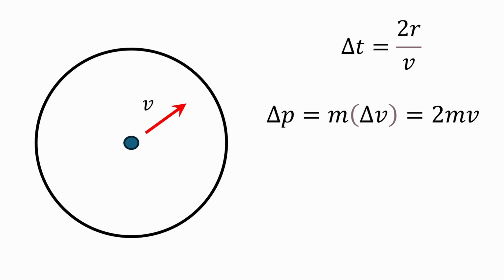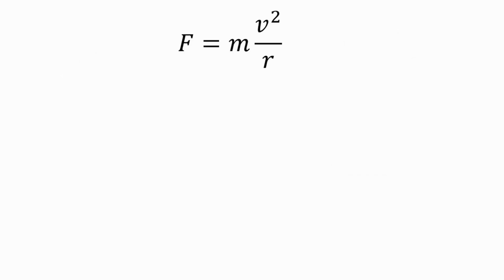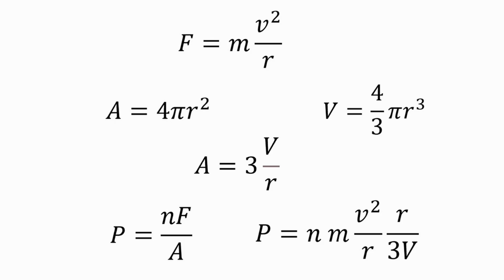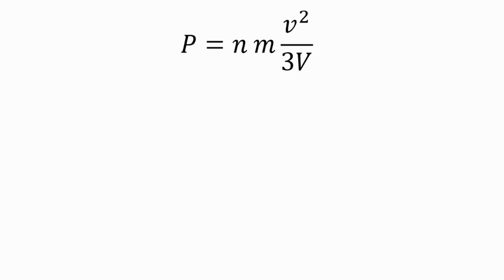This momentum change is related to the impulse exerted by the wall force on the particle. Combining those equations yields. The area where this force is acting on is. The sphere volume is. The relationship between the wall area, the sphere volume and the sphere radius is. The pressure exerted by N particles on the container wall is. Or which simplifies to. This can be written as,